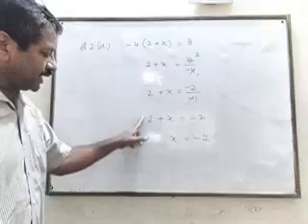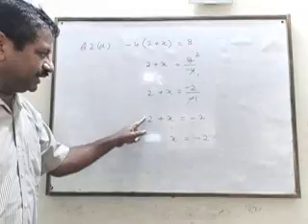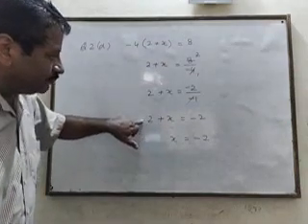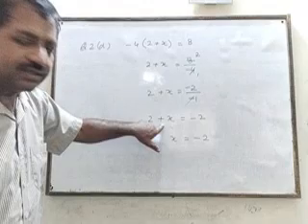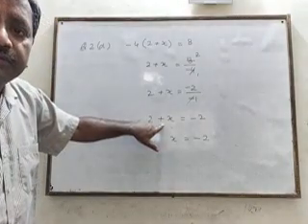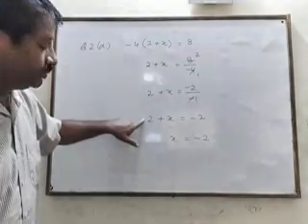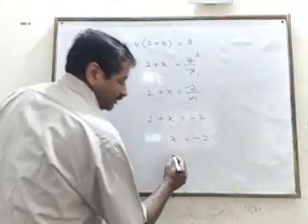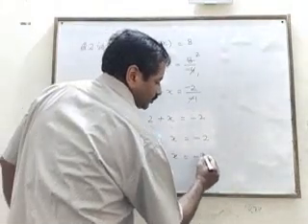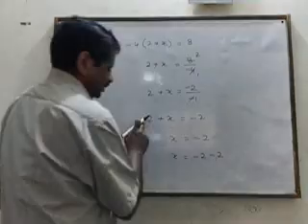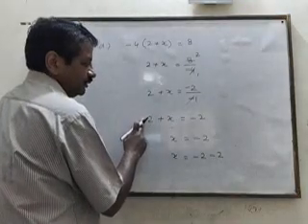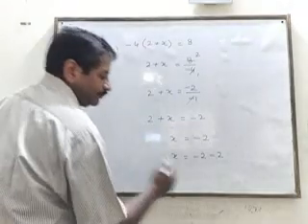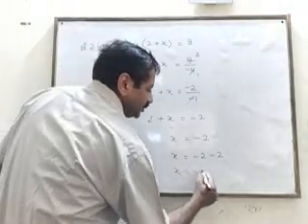Now this 2 has the positive sign here. We will always see the sign before the number, not after the number, before the number. It is positive, so it will go and become negative over there. x equal to minus 2 because here it is positive. We are not looking at this sign, we are looking at the sign in front of this number. So x equal to minus 4.